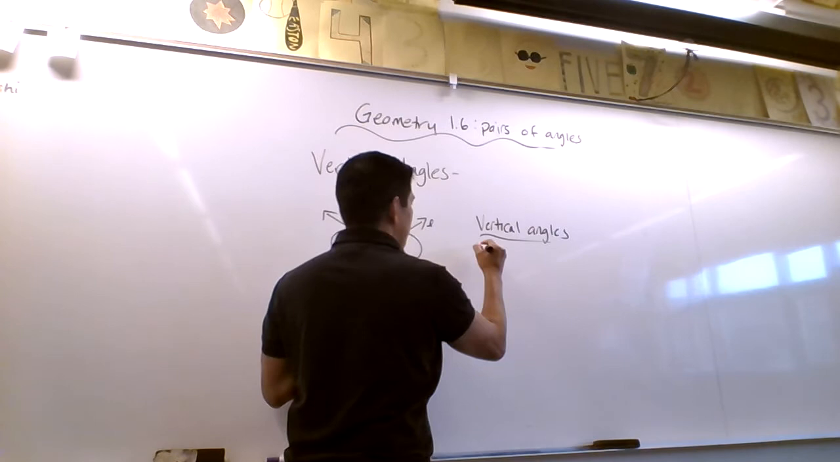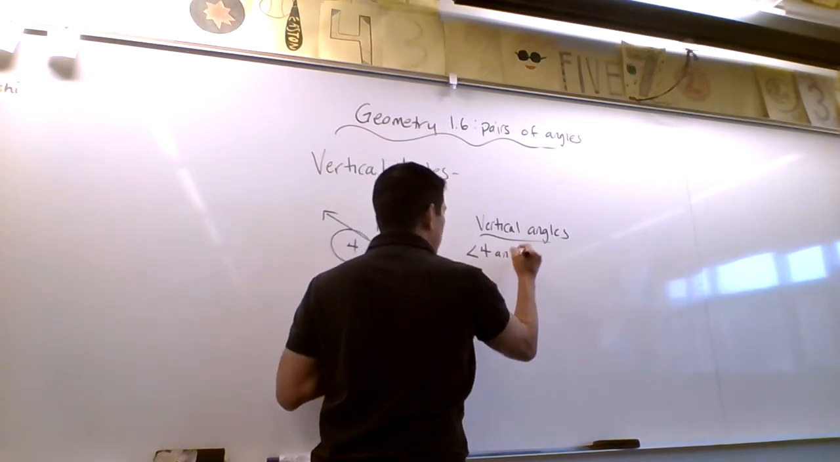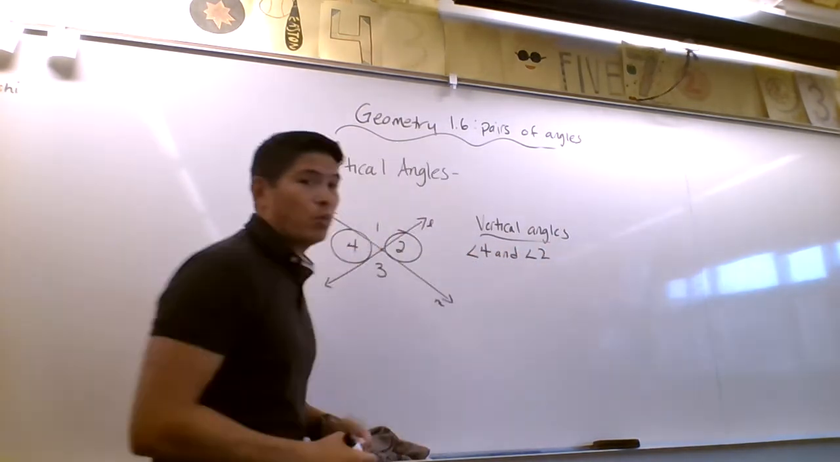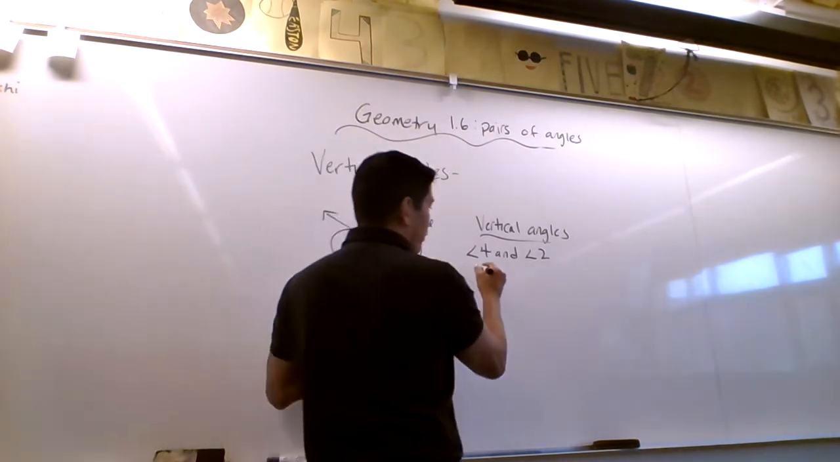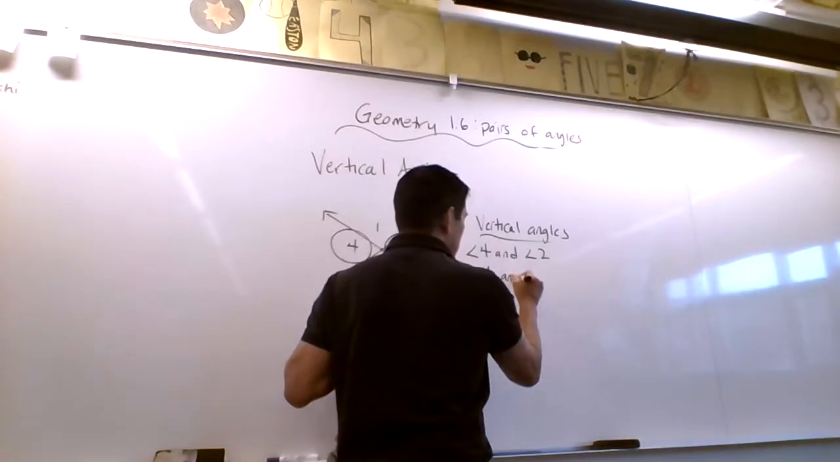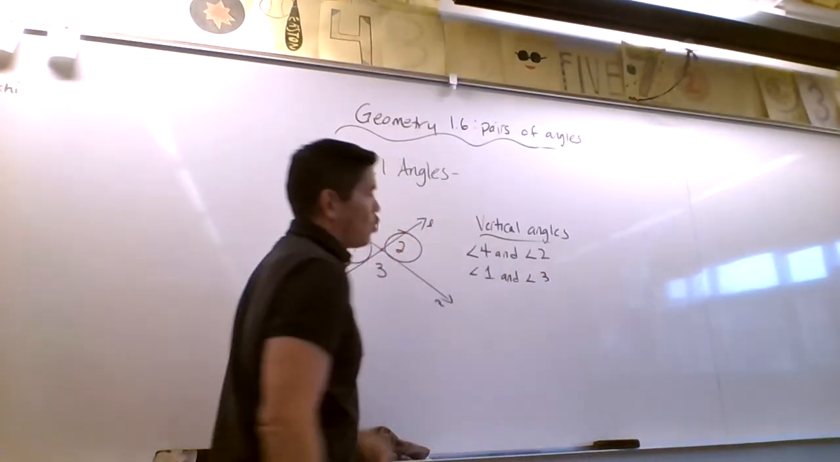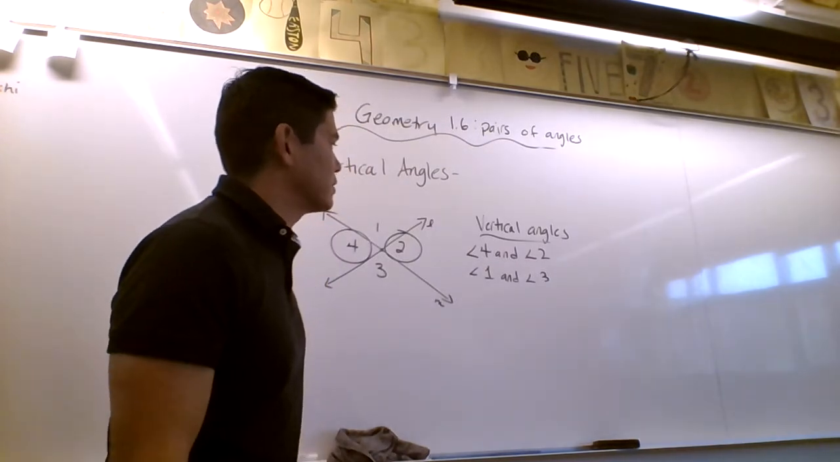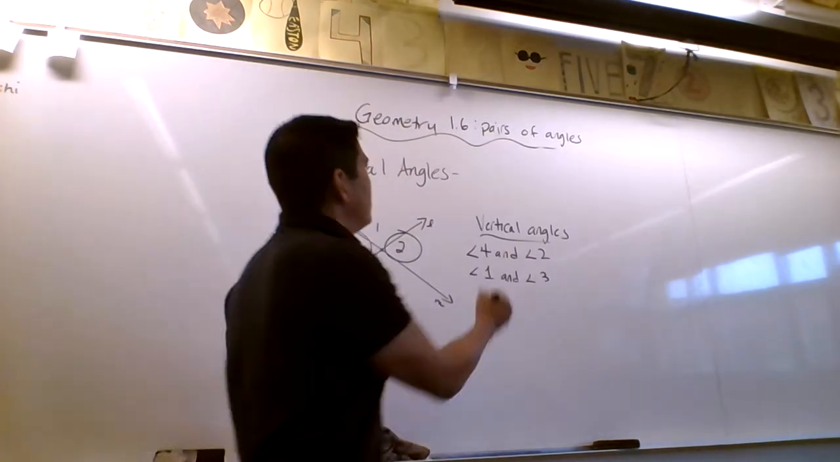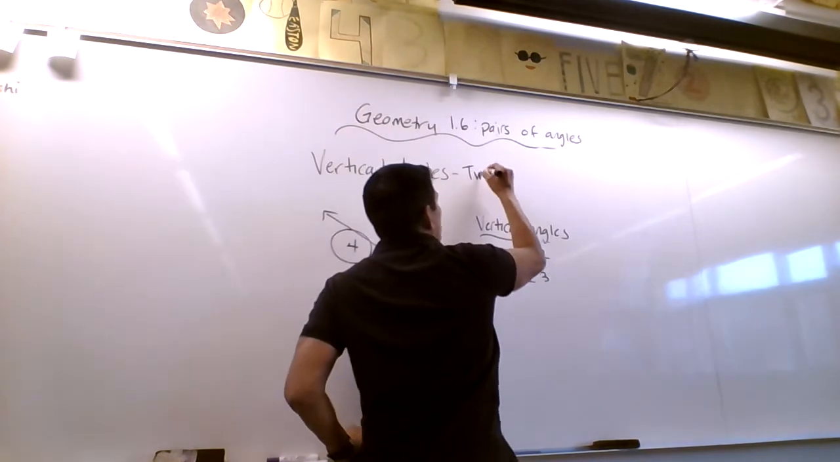Angle 4 and angle 2 are vertical angles with each other. And then in the diagram, angles 1 and 3 are vertical with each other as well. It doesn't matter what order I wrote those in. I could have said angle 2 and angle 4 are vertical angles, 3 and 1 are vertical angles, but